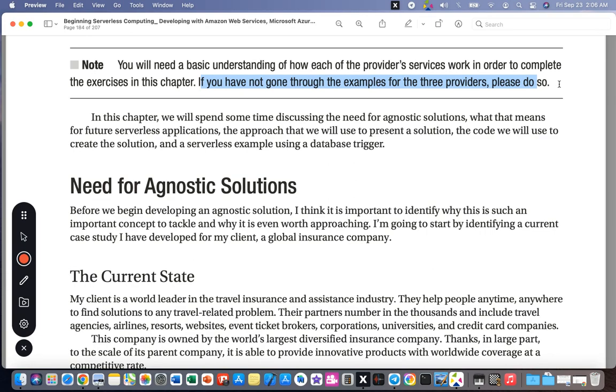If you want to skim this chapter, please complete it with me. If you want to apply each single one, you have to go through the entire series of videos, go to the playlist of this book, which is called Beginning Serverless Computing, published in 2018. Go through the entire book. Then when you reach this point, you are good to proceed. And if you want to study it, then try to apply everything you see. My goal is to skim the book, to browse it, to go through it really quick, to have an idea,